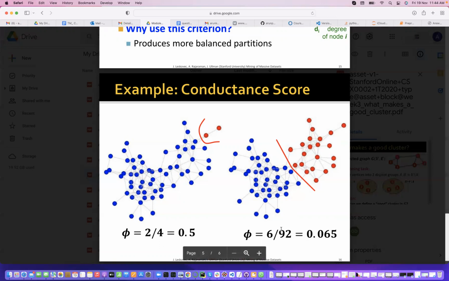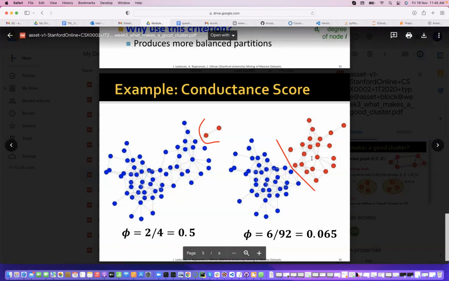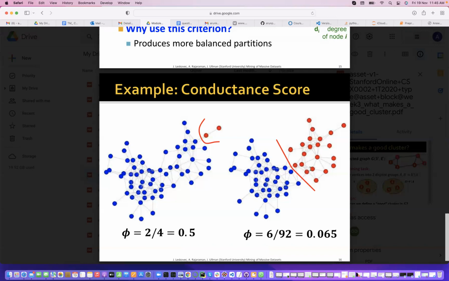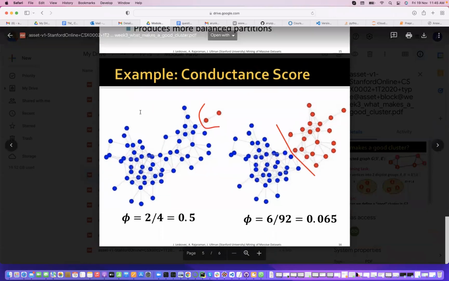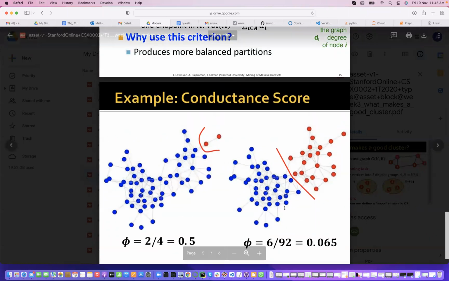So again, they computed it. I don't want to take more time to compute this. That you can do later. The important thing is 92 degrees are left out in 2m in the reds, right? Okay. Yes, sir. So if you use this conductance score, then you'll get more balanced partitions. Can you observe the same thing with this graph? Yes, sir. Okay, good.